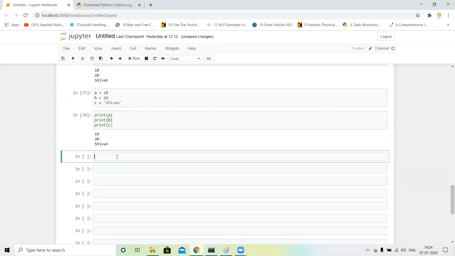Next, if we want to assign the same value to multiple variables in one line of code, how can we do this?